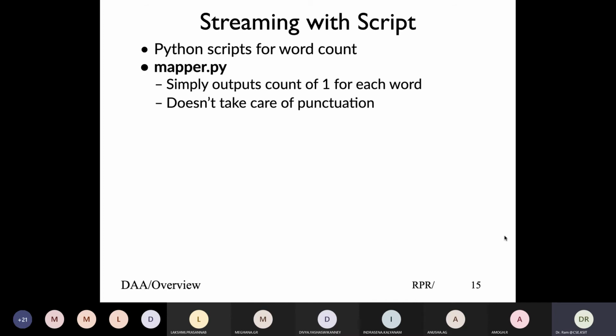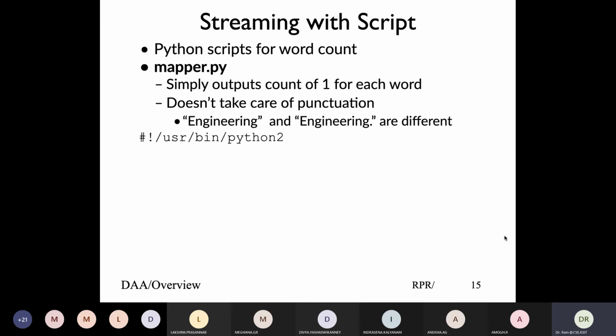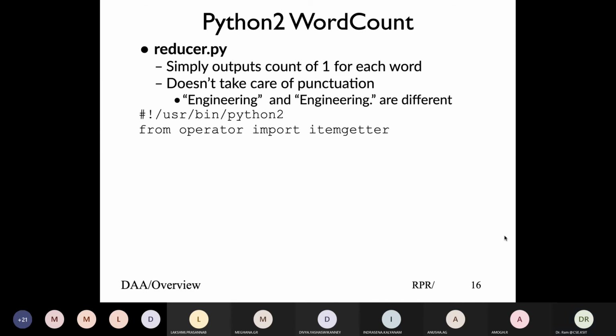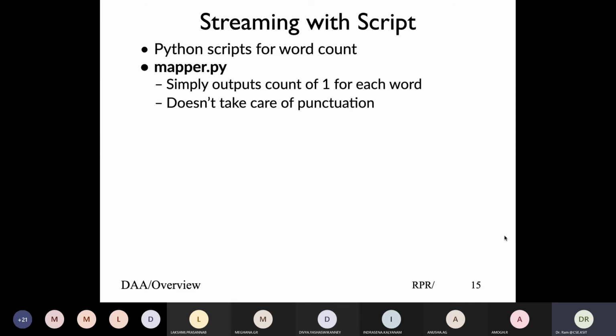Now we look at the Python version of the mapper program. All it does is the same as word count. It takes the input line, splits it into words, and for each word, it outputs 1. So a very simple 4-line program.